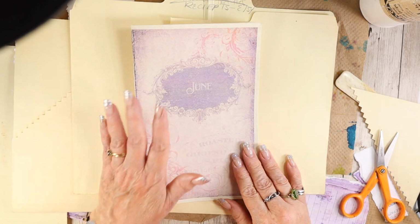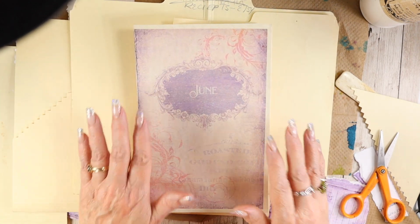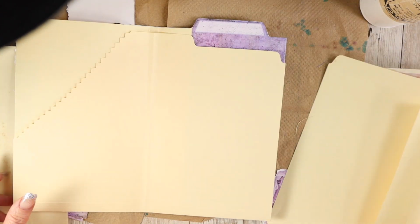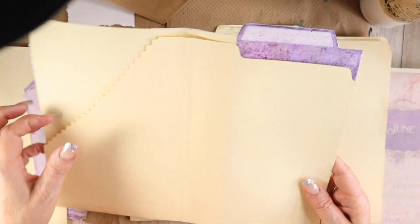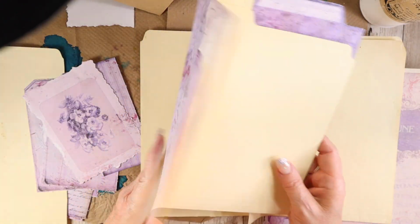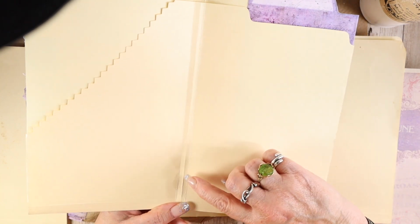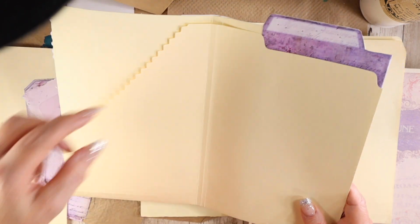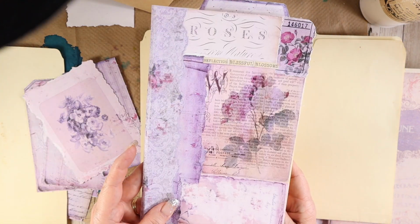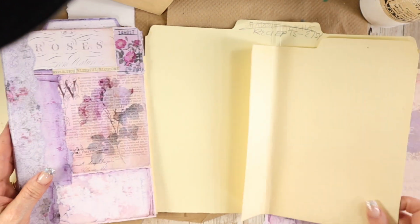Okay, I think I figured out what I'm going to do, at least for the foundation of the journal folio. So we have this. This is one file folder. And we made the score. It's about a 3/8 of an inch score in the center for the spine. We cut this area here for a pocket, and that's all that is, one file folder. There's the other file folder,